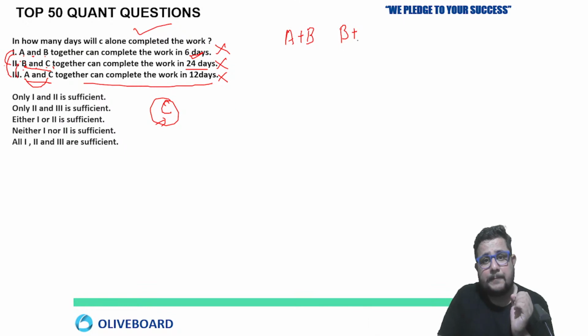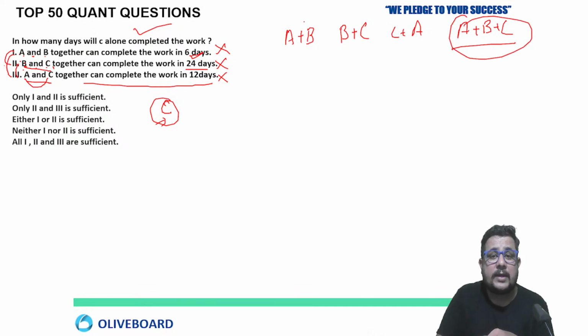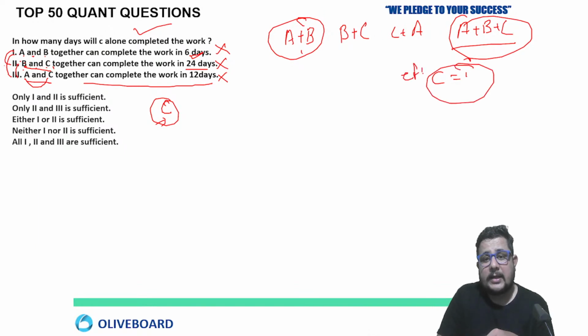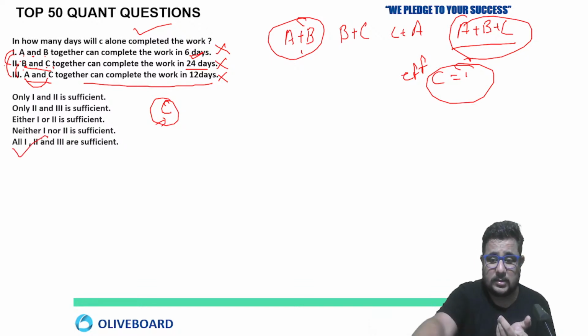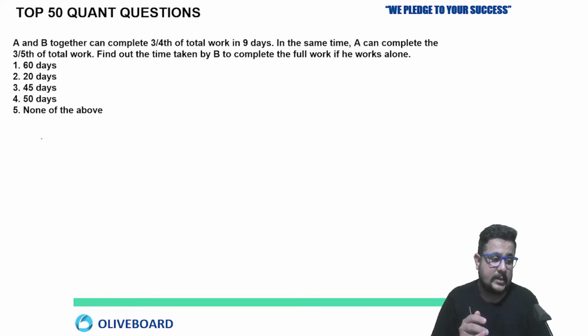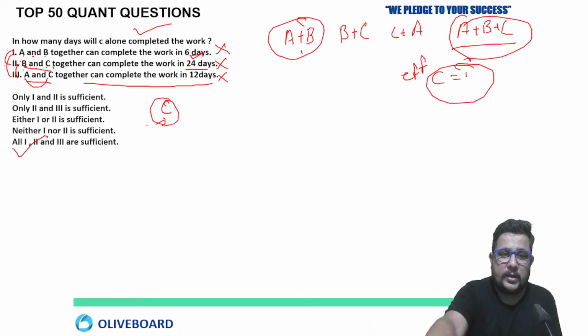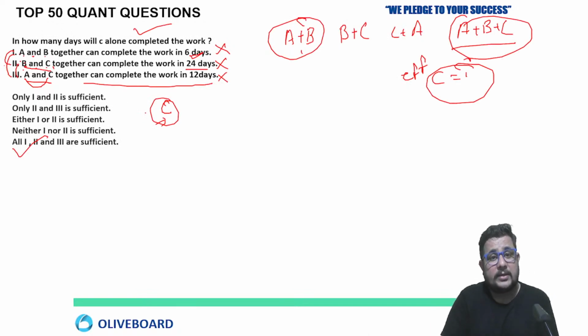But if we merge A plus B, B plus C, C plus A, by using that we can get the overall efficiency of ABC. When we know the efficiency of ABC, you can subtract the efficiency of A and B from that, so you will get the efficiency of C, right? And just divide the total work by it, so you will get the answer. So all three are needed. In the exam, you have to do it in this way which I am telling you. No need to go for all things. Yes, 3 equations. No need to create any equation. No equation is required. You can do it in a single form.